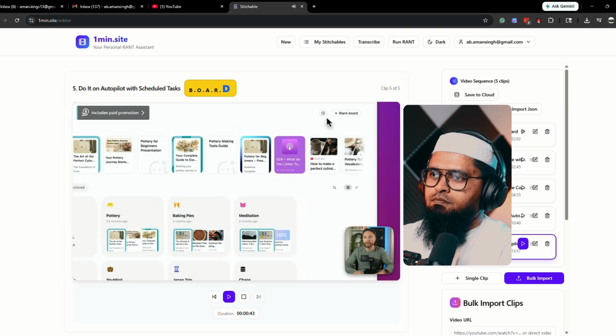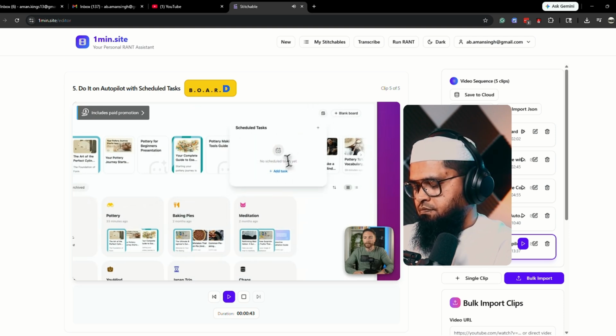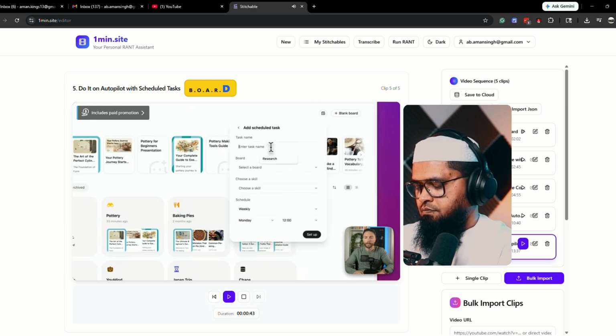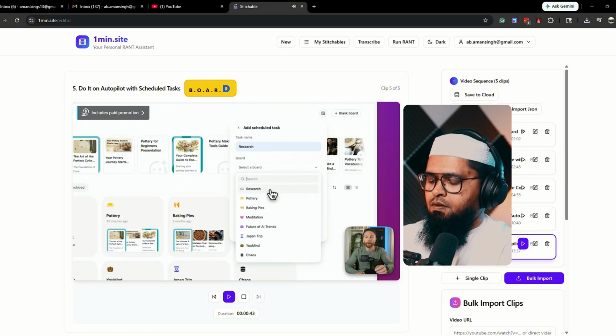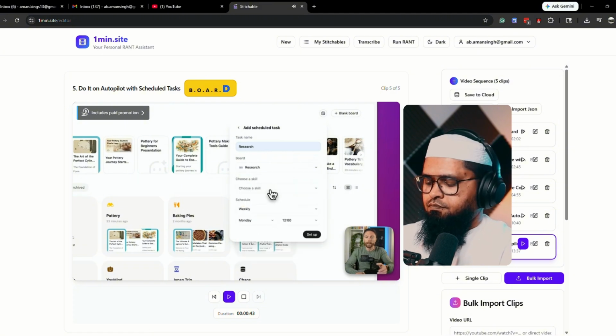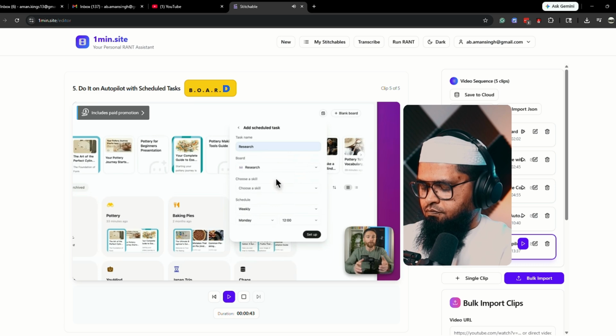You can find those on the top right by clicking on scheduled tasks and click on add task. Here we'll give this one a name, so I'll call this one research. What I want this to do is every day to look through my board called research. Because as I go through the day and I see interesting tweets or articles, I'm going to be adding them